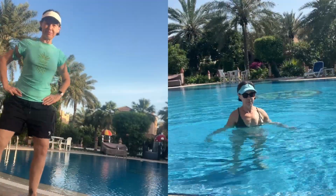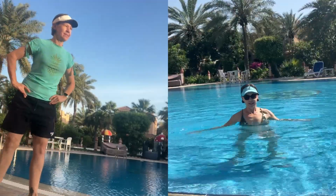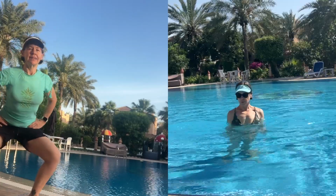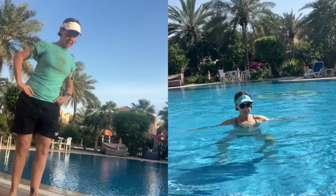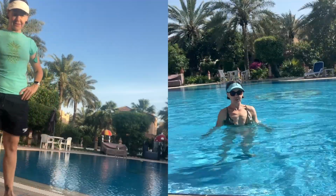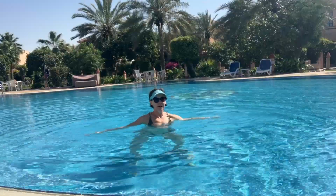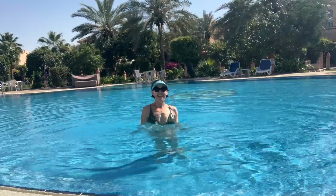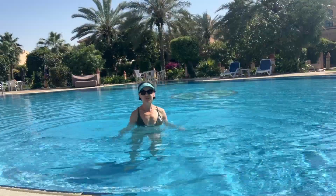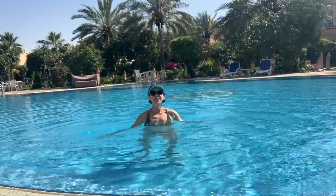Down, up, down, up. Good. Arms are pushing the water away as you come up. Then we're going to move on to some squats and some power squats. Let's go 8 more. 8. Really drag the heels. 7. Push through the floor. 5, 4, 3,